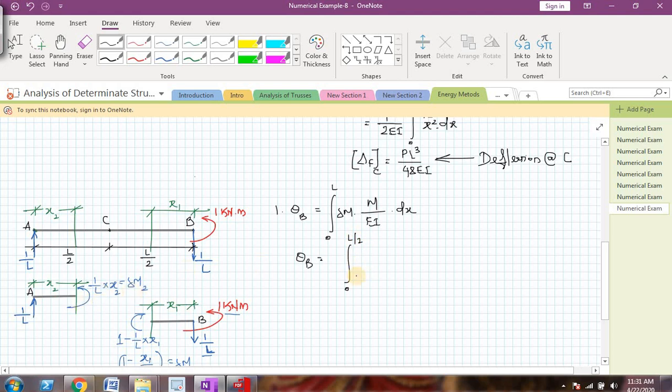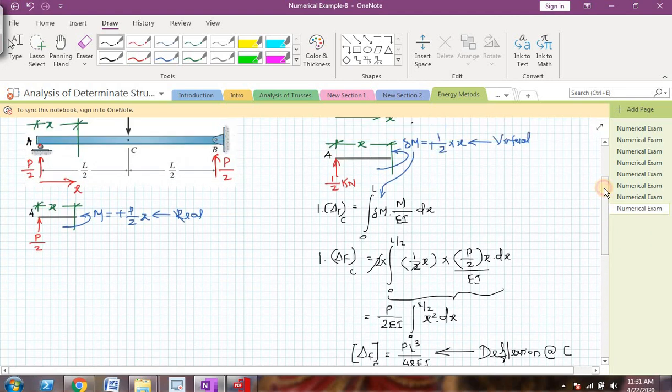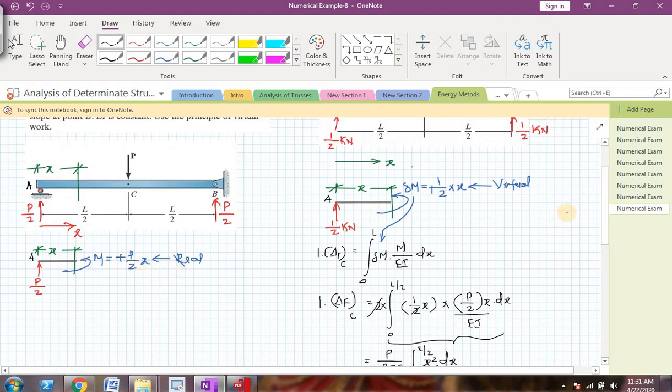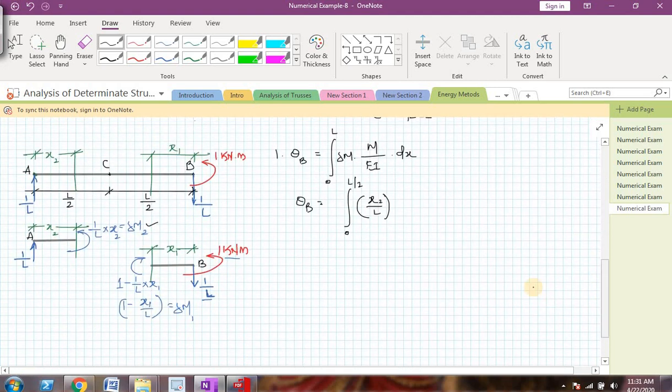Delta m2 will be x2 by L, that is this one, multiplied by M2. M2 will be the same thing, which will be P by 2 into, instead of x I will write it as x2, P by 2 times x2